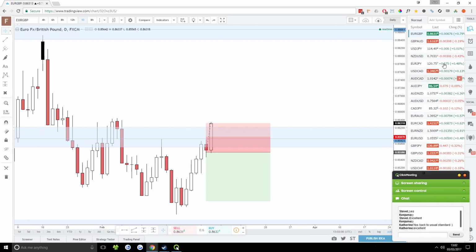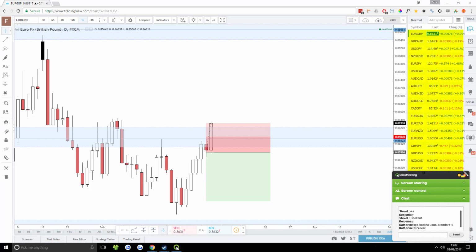In today's analysis, we're going to be going through all the pairs on my list and looking for setups. Probably a lot of these setups won't trigger until next week, but there might be something, though I doubt it because I generally don't trade this late on a Friday. But we'll see how it goes. There might be some interesting stuff